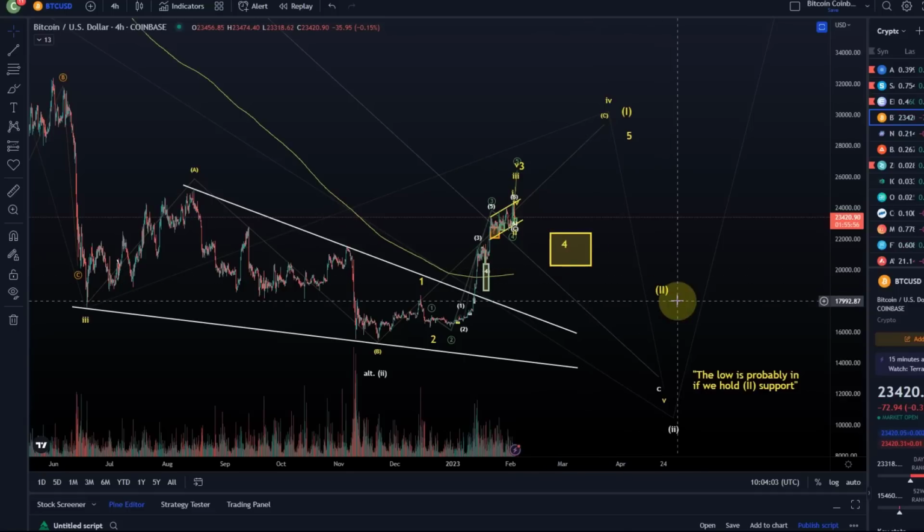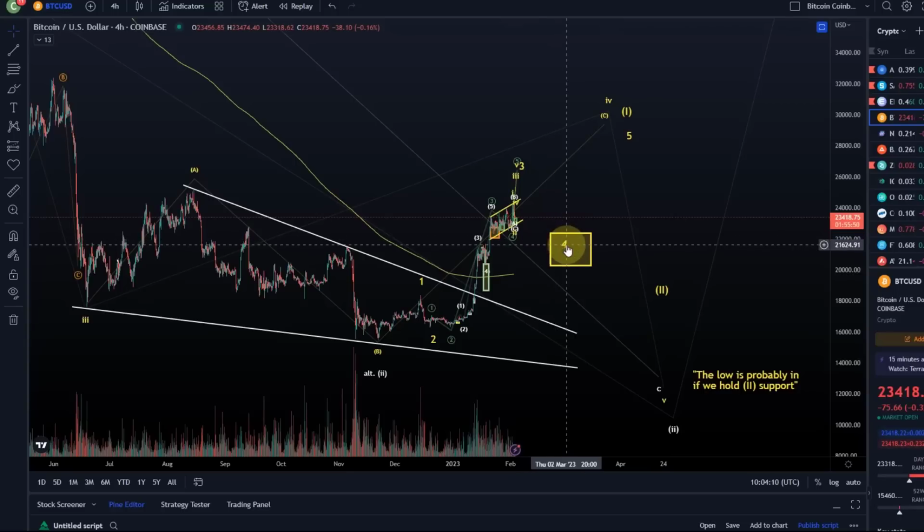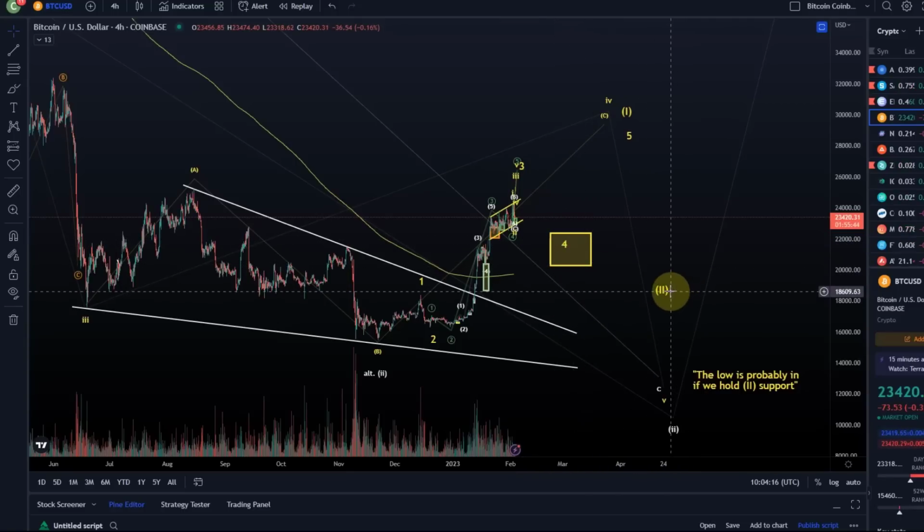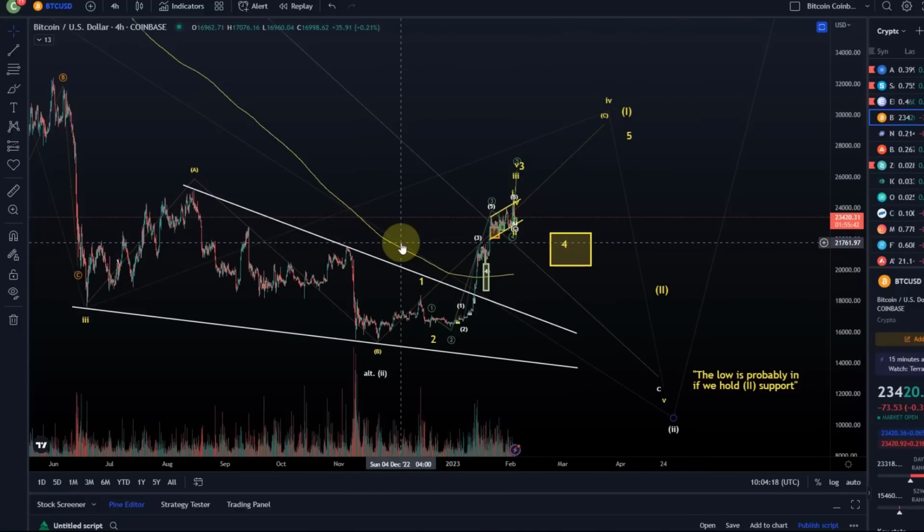Or do we hold wave 2 support? Or do we break through? Yeah, that is sort of the nature and the depth of the next pullback will give us a clue about if the bear market low has been in or not. So that's very critical. One viewer sent me a count and he asked if I could take a look at